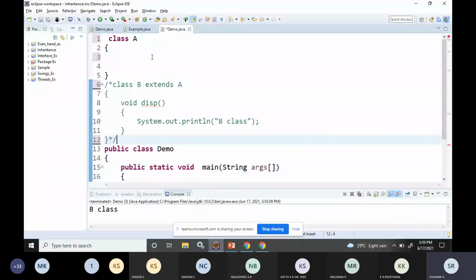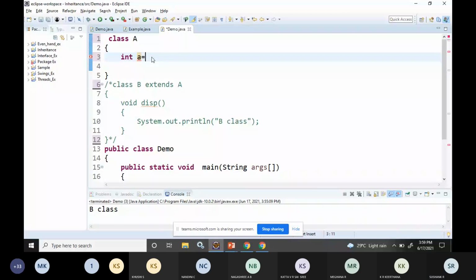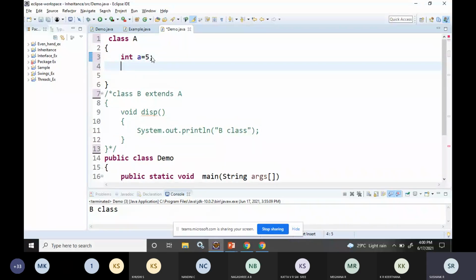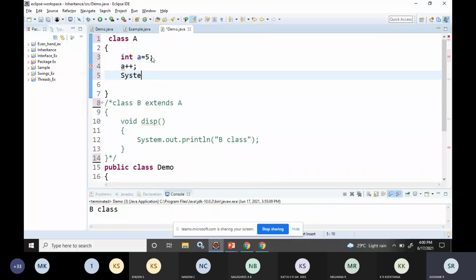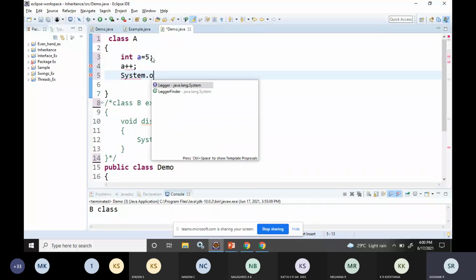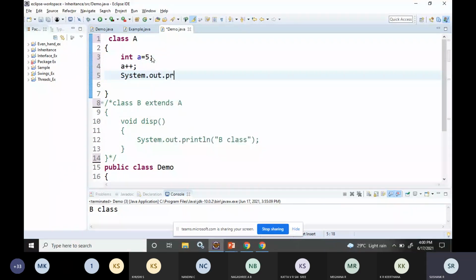Now I'll write a variable as a is equal to 5. Then I'll write a plus plus. Then I'll print it with System.out.println, printing the value of a. Why am I not getting this?